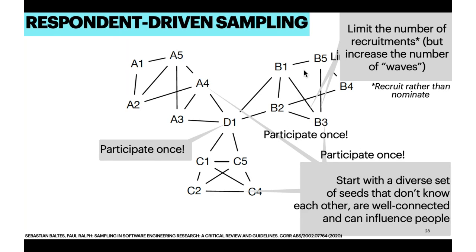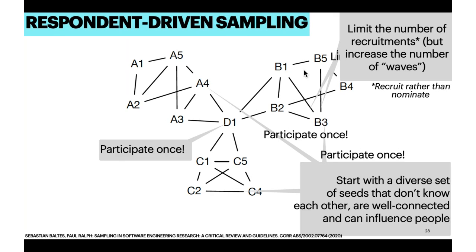Second, to solve the problem with this strange selection of B3, which has an implication for how we look at the world in general, we need to start with a diverse set of seeds that do not know each other or that do not refer to each other, are well connected, and if we are talking about people, can actually influence people. Influencing people would essentially allow us to